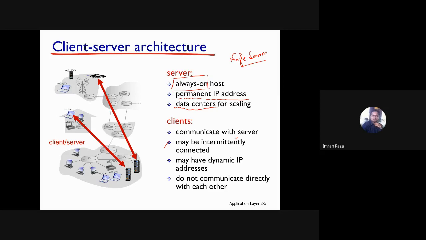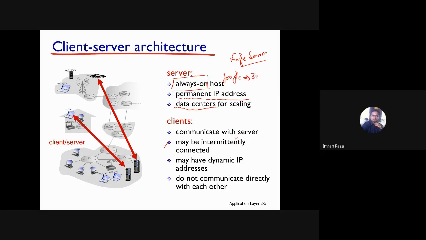What do you think? Do they have a single server, or let's talk about data centers, do they have one data center? You know what? Only Google has 30 to 50 data centers distributed around the world. So if I only take the example of Google here, how many data centers does it have?